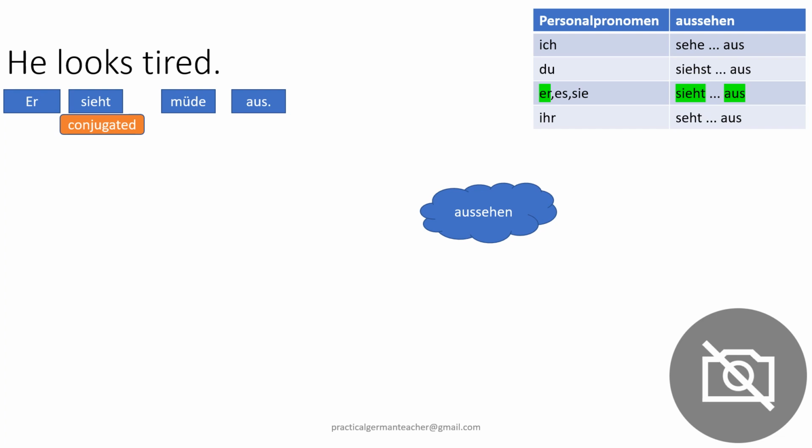So in many different scenarios is what I'm trying to say. For example, you're looking at this presentation right now, you might be thinking, diese Präsentation sieht gut aus, right? Or you can say, diese Präsentation sieht nicht so gut aus or sieht schlecht aus, right? Okay,